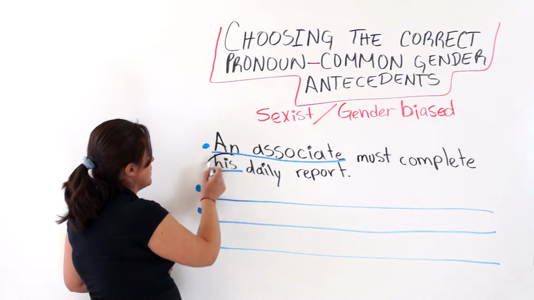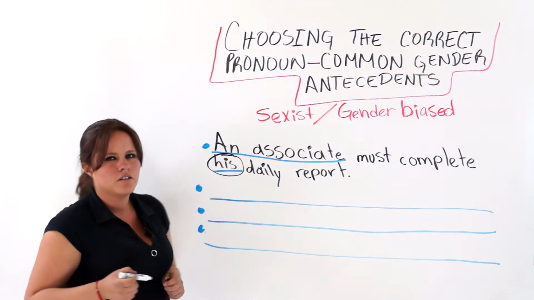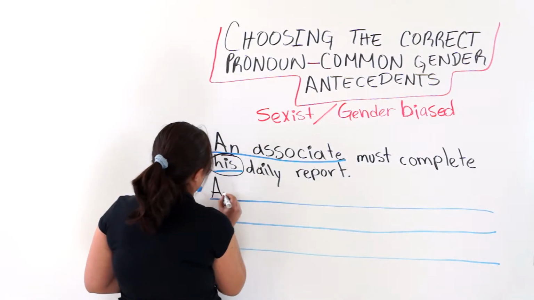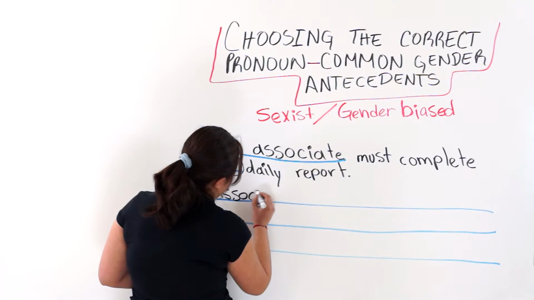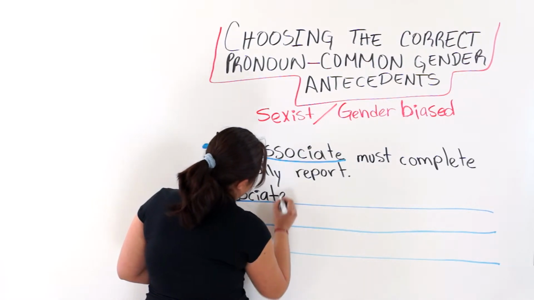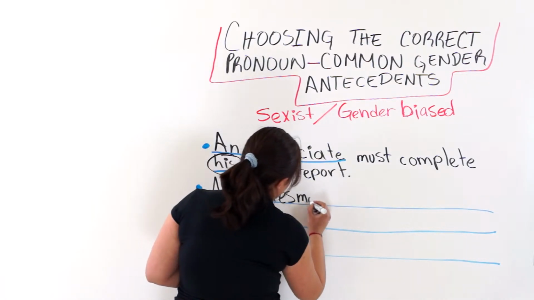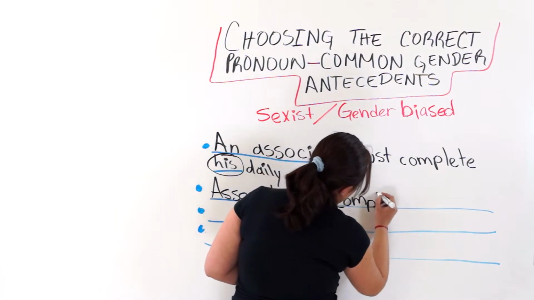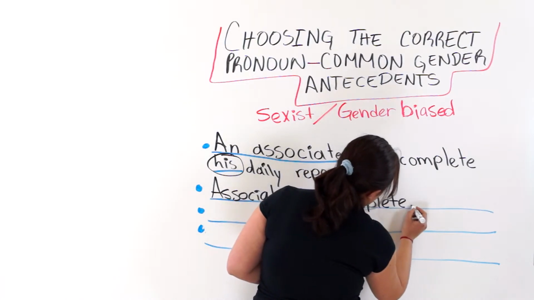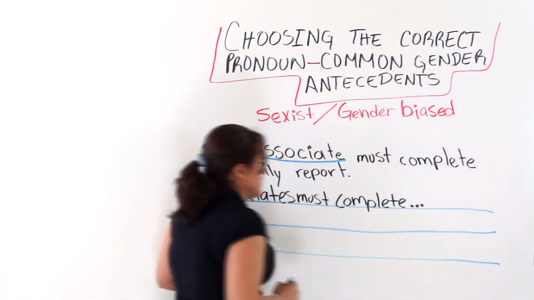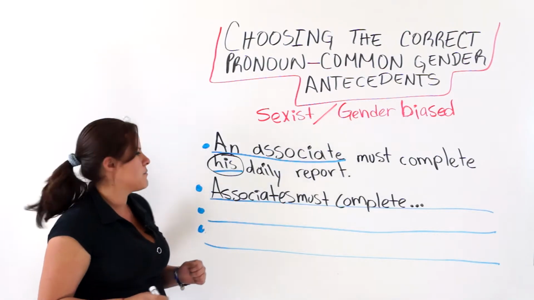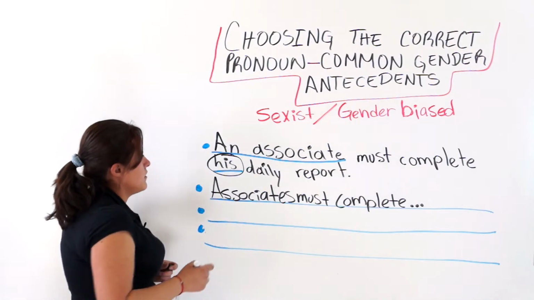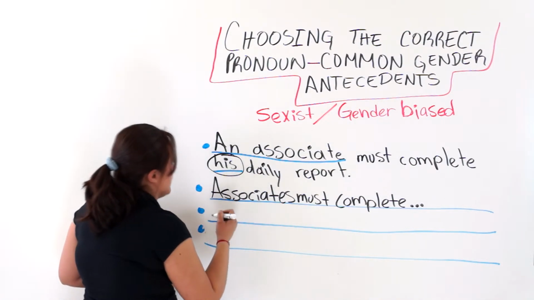to avoid using this pronoun? We could change it into plural form and just put associates must complete their daily report, right? That is one option we have. The next one would be associates, or an associate